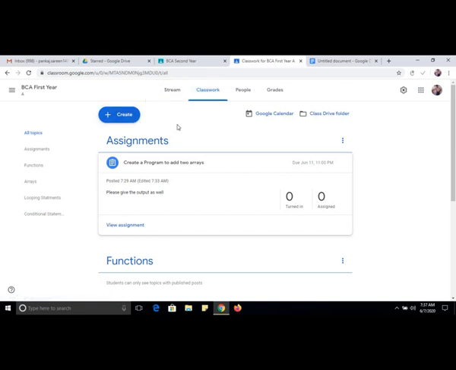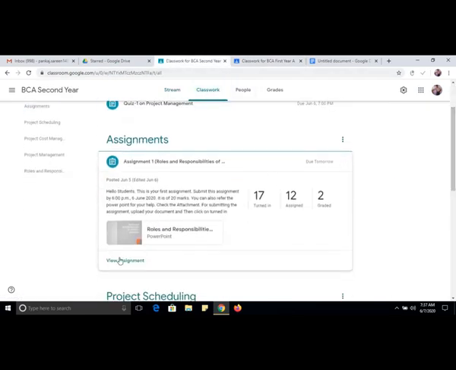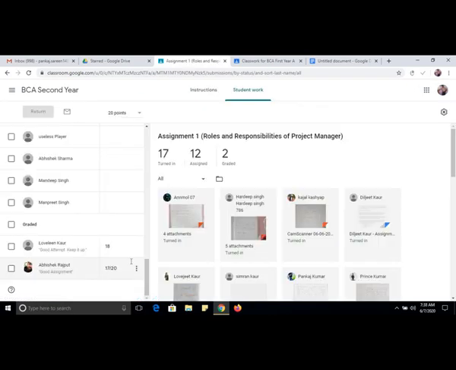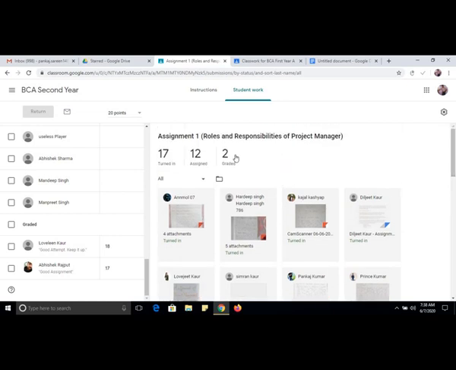Then I explained how to create an assignment, how to assign that assignment to different students, how you can schedule the assignment, and how you can schedule the post. Once you have created the assignments, here you will be able to see how many students this assignment is assigned to, how many students have submitted it, and you can see the scores of the assignment. This is how to see the assignment. You can simply click on view assignment. This way you can assign different types of assignments to the students.